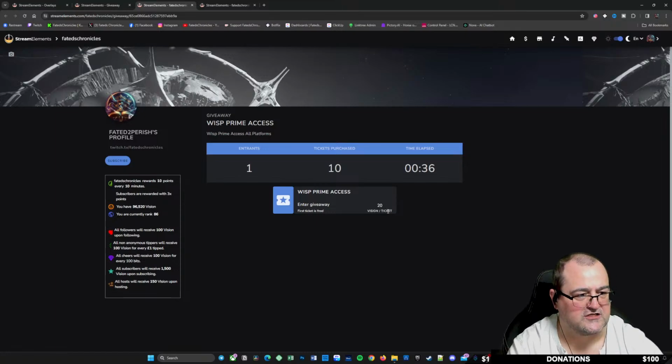how much it costs for a ticket, how many tickets they can get, how they earn the points that contribute towards them buying this ticket. It tells them what the prize is. It tells them everything they need to know and everything they need to do. Even so, here, rewards 10 points for every 10 minutes. Subscribers have 3 times more points. You have